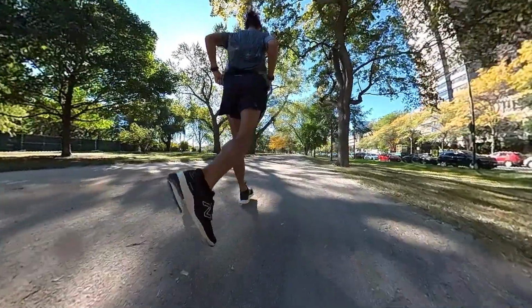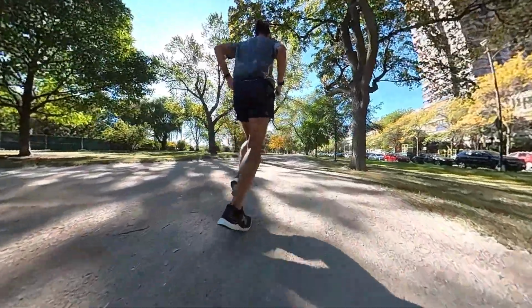6.73 miles, 9 minutes, 18 seconds per mile, and 128 beats per minute, taking it nice and super easy. My first run back from the Hoka Chicago Half Marathon that I ran last weekend. That run that you just saw was from Tuesday morning, but it is now Friday by the time you're watching this, and I have run on Wednesday and on Thursday as well, and I will be running today on Friday too,